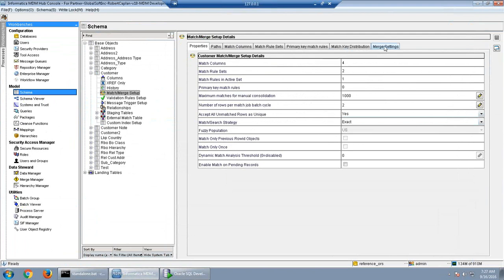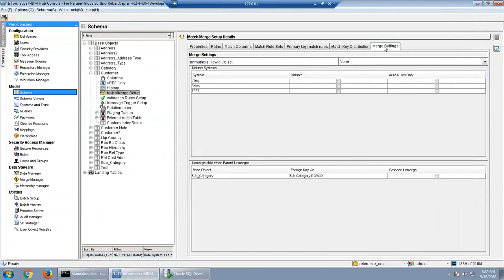And one more thing we will see about, the last thing here today, is the merge setting, where we will just discuss these 2 points. In the merge settings, there is an option for immutable row ID object. Before starting, I will say that these are very rare options that will be selected. We should just know what they are and what the impact of them is.